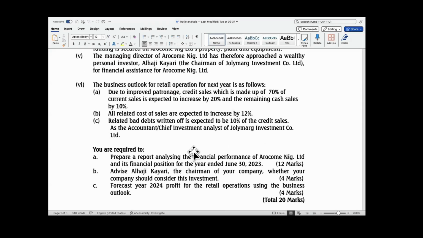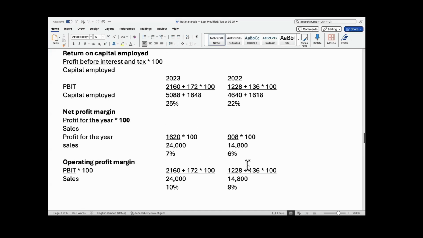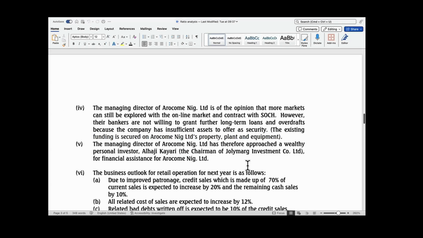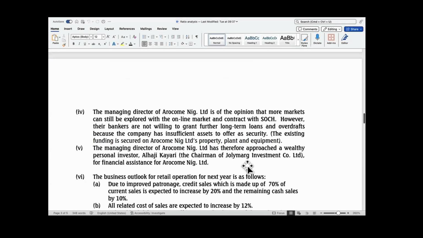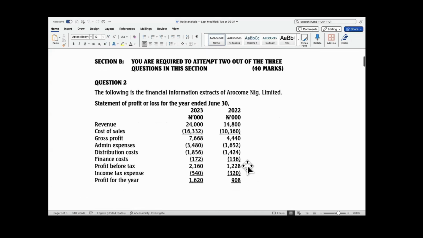computed all the ratios. So I will need you to see how I would go about analyzing these ratios in a very brief way, so that you will not waste too much of your time, because it's just 12 marks. So you don't want to waste too much time after you must have spent a lot of time on the computation. And if you remember this question, the context given to us was they gave us the statement